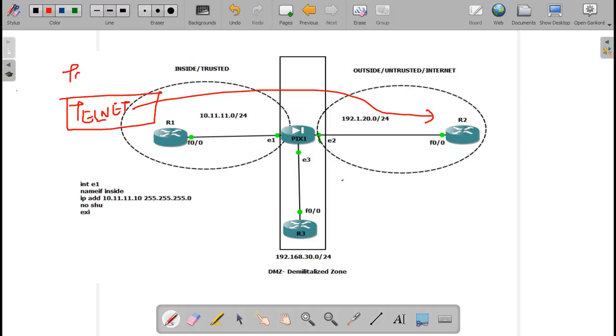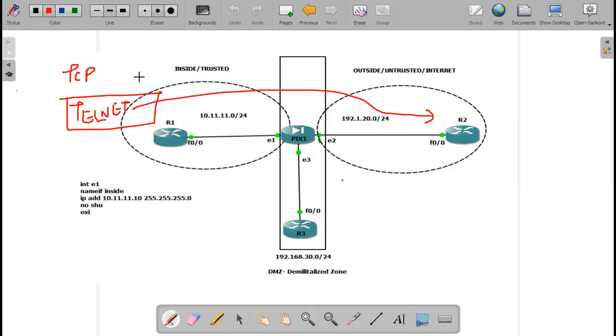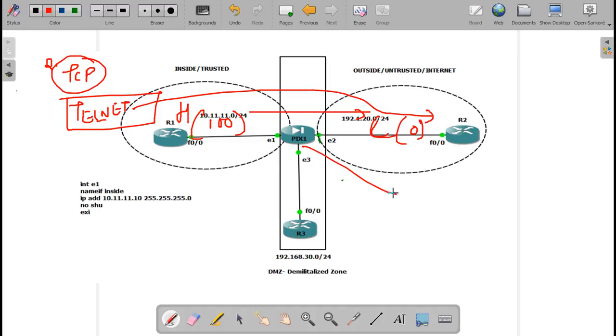Telnet is TCP based traffic, and we already have a rule. The first rule is that it's going from a high security level of 100 to a low security level of 0. The second thing is that this is TCP based traffic. This will be inspected and an entry will be kept on the firewall in the connection table.